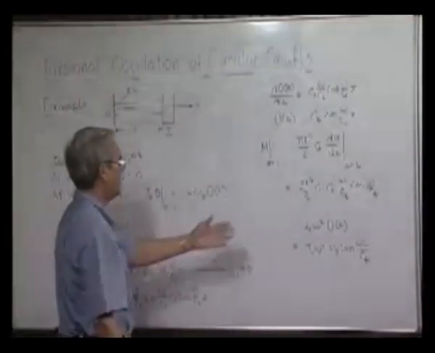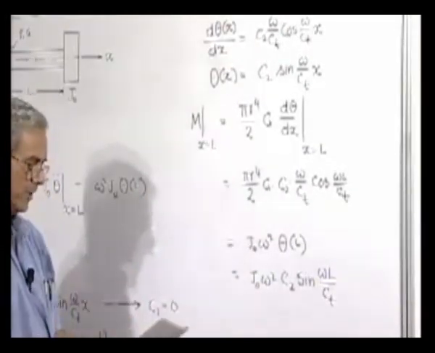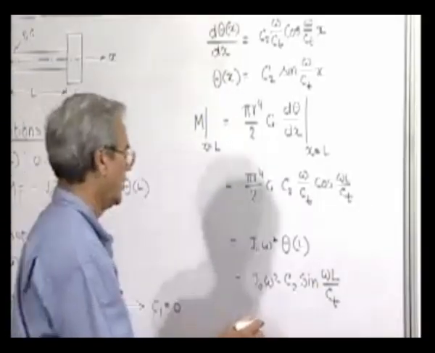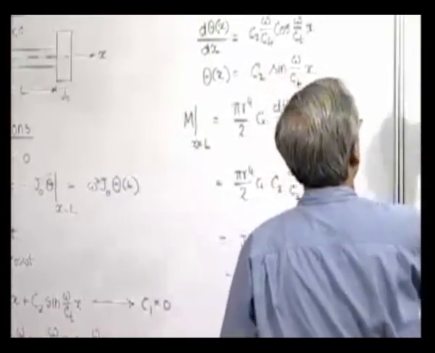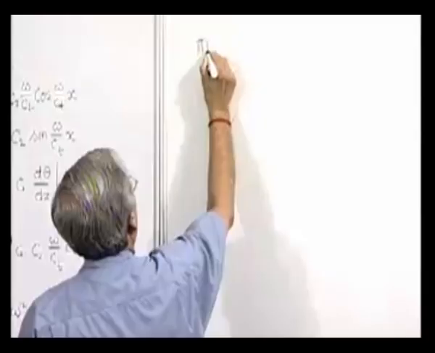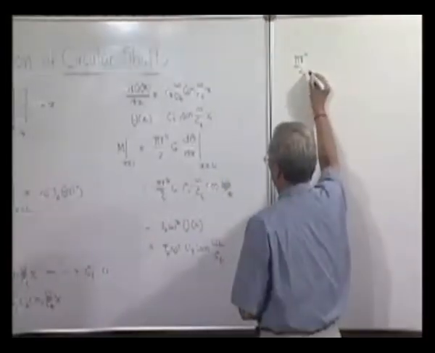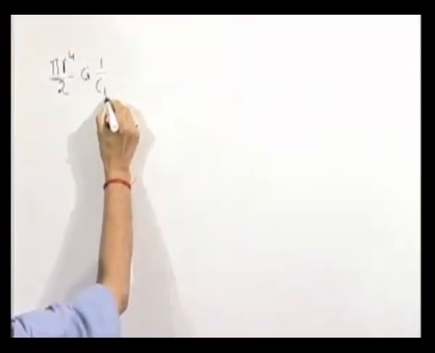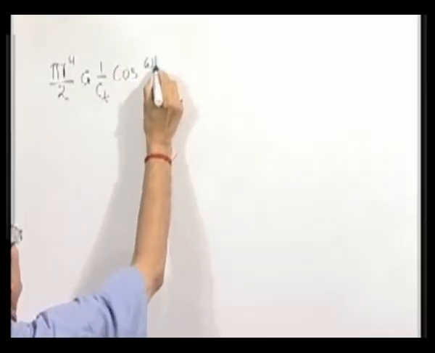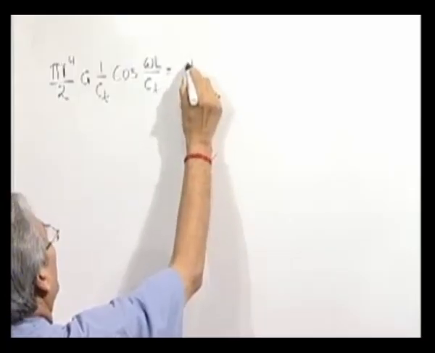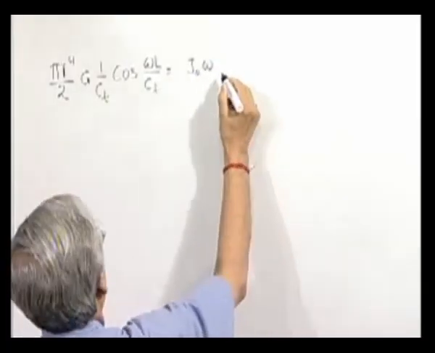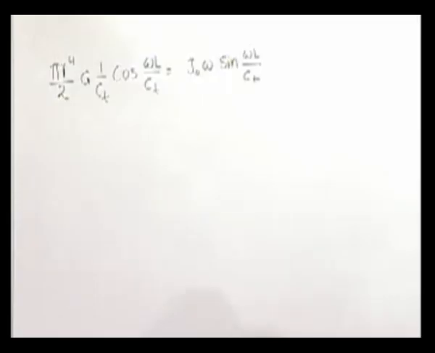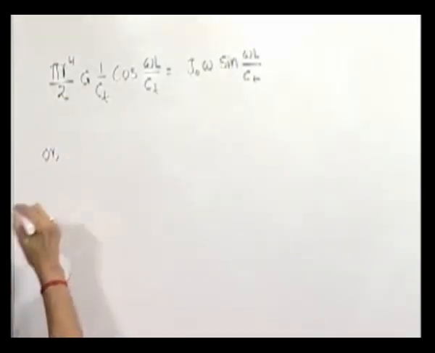So therefore we get now an equation in this form, in which I think C2 will cancel and it can be written in this form, or we will get